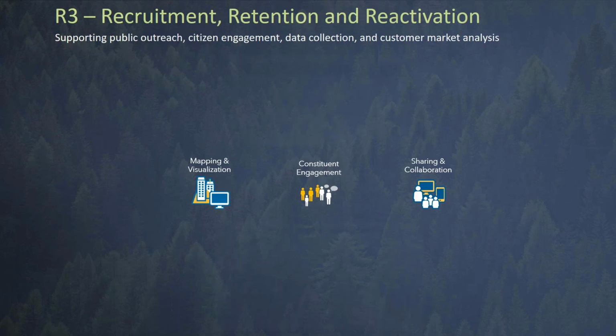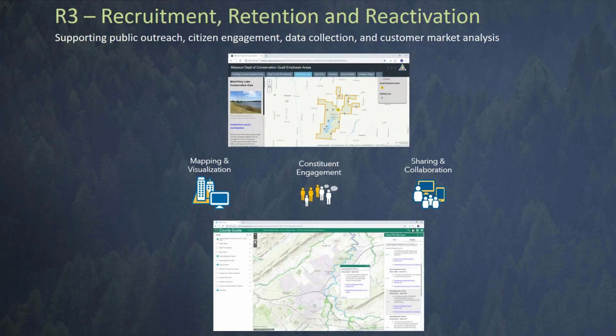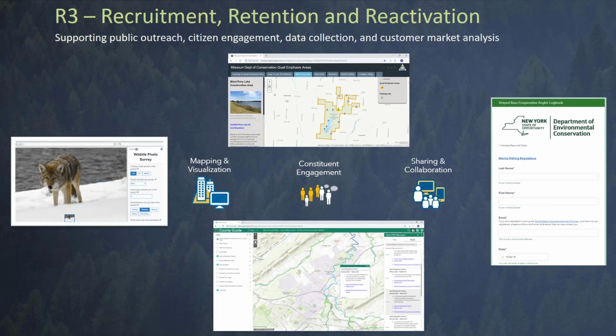So with this context, there are many ways in which GIS can play a critical role. From things like configurable apps like story maps and Web AppBuilder applications to inform and hopefully excite constituents about available opportunities, and to also help them visualize what's available to them in a user-friendly format. To collaboration and engagement tools like surveys and other feedback mechanisms to leverage constituents as resources like I described earlier,